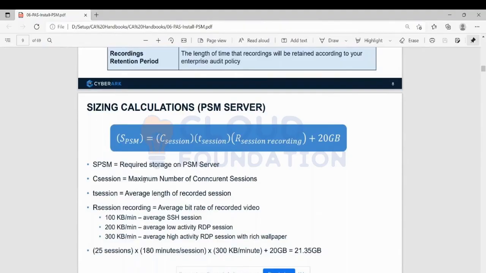C session is the maximum number of concurrent sessions. How many concurrent sessions can a PSM handle? This is the C session. T session is the average length of a recorded session. How long a person is connected to a target machine through PSM, that also we need to incorporate in